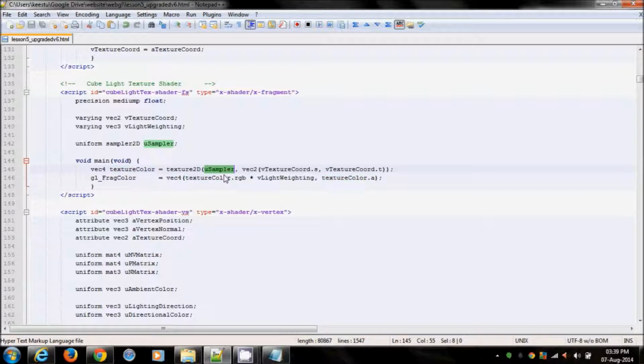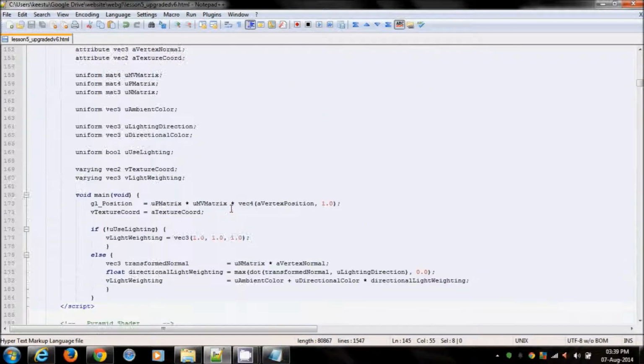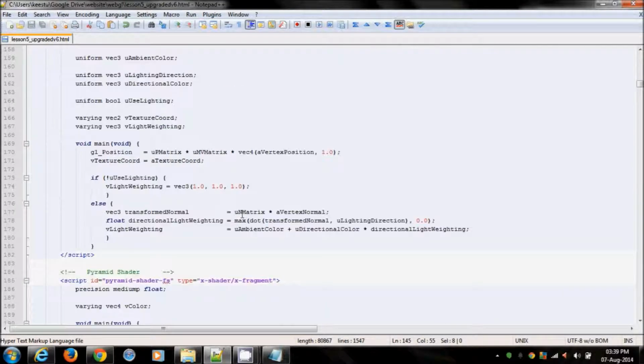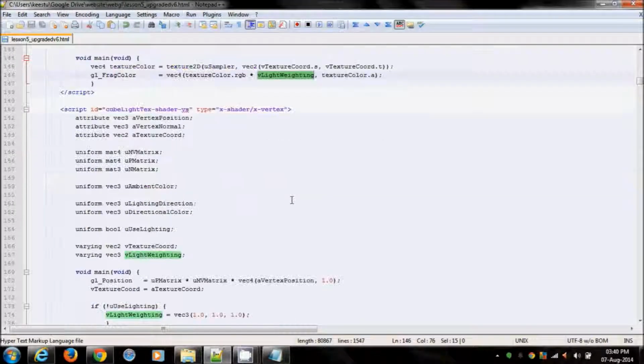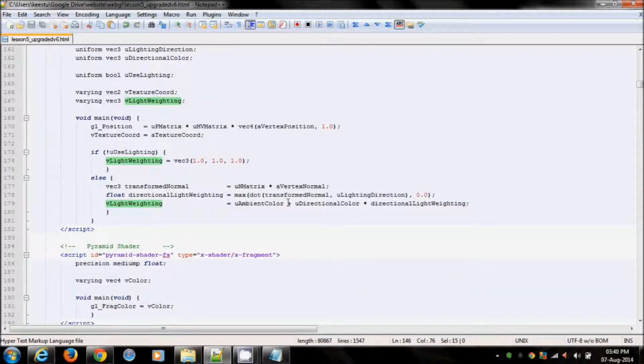So the texture's RGB is multiplied by the amount of light that is present in the render, and the light weighting is done based on a transformed normal. The reason for the transformation itself is the direction of the directional color. On that aspect, you will see which part of the cube is going to be illuminated and how much it needs to be illuminated, because the rest will be coming from only the ambient color.